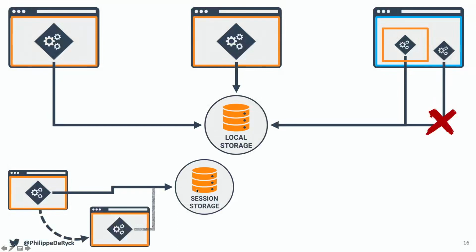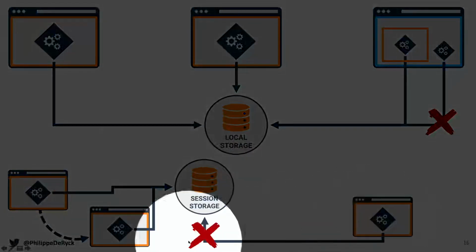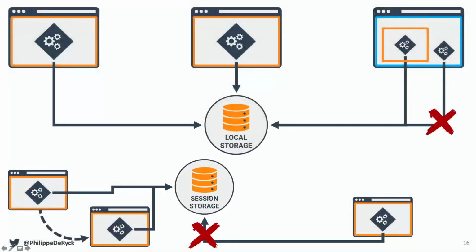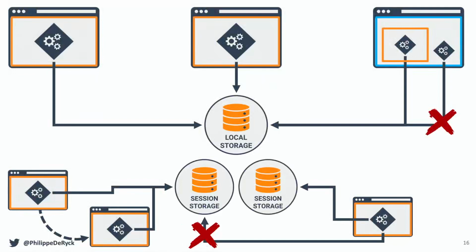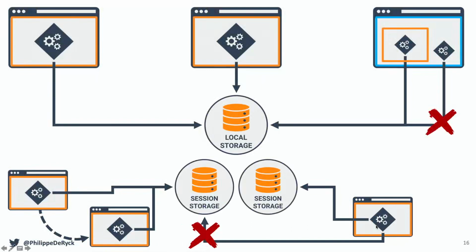If it opens a pop-up that, for example, opens in a new tab, that one will have access to the same session storage area. However, if the user opens a completely unrelated browser window and navigates to the site again, that site, even though it has the orange origin, is not related to this set of windows, so it will not have access to session storage there. It will have access to its own session storage area associated with this window and its children. This is one of the common ways of setting things up when storing values. I'm going to give a more detailed comparison in a couple of slides.